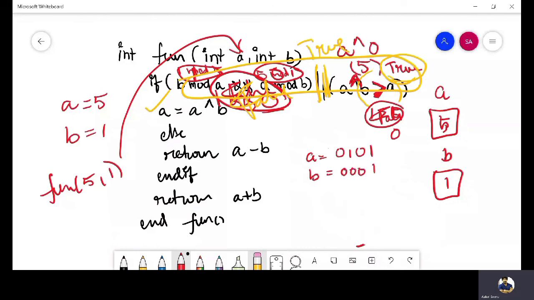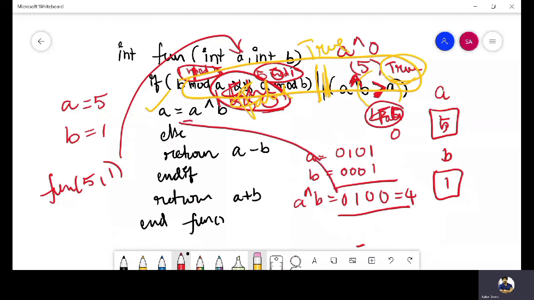If I perform a exclusive or with b, same inputs will give 0. So 1, 1 is 0, 0, 0 is 0, 1, 0 is 1, which is nothing but 4. So that 4 goes to a. 5 is gone. The new value of a is 4.